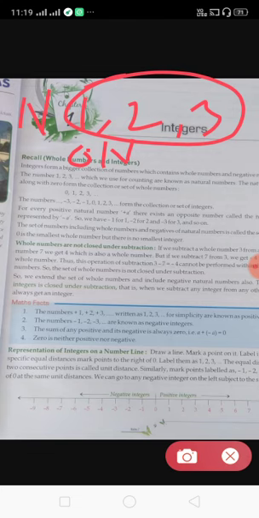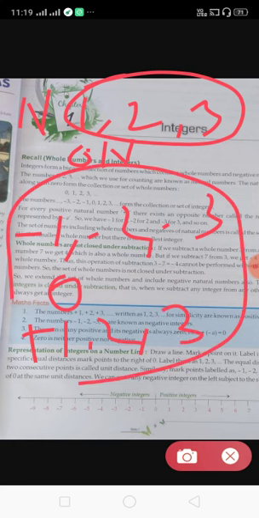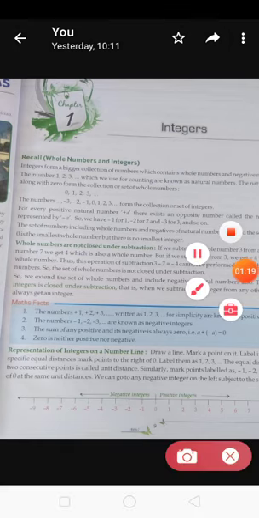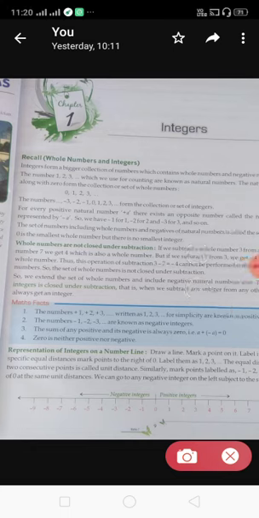And integer, what is an integer? The negatives of natural numbers and whole numbers put together give you integers. That means the negatives of natural numbers like -1, -2, -3, and the whole number 0, and the positive natural numbers +1, 2, 3 etc. These all are integers. Similarly any other number like 95 is also an integer. All the numbers that lie on the number line are integers, either negative or positive.